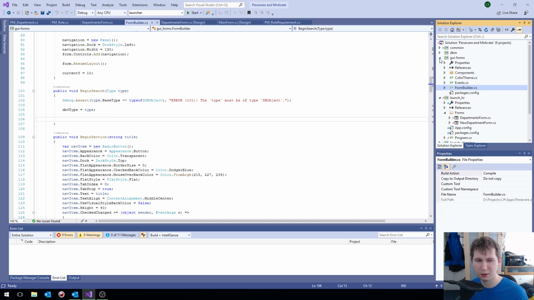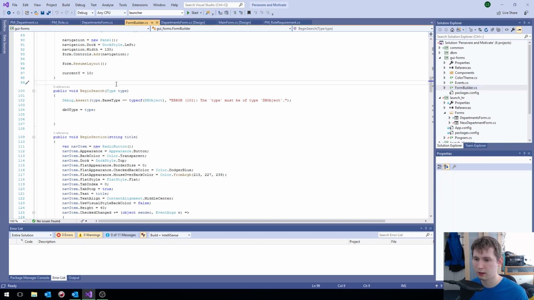And I might combine them, I'm not sure yet. In fact, I probably will combine them because they both rely on each other anyway. Well, no, that's not correct. GUI forms is dependent on DBM, so you know. But anyway,